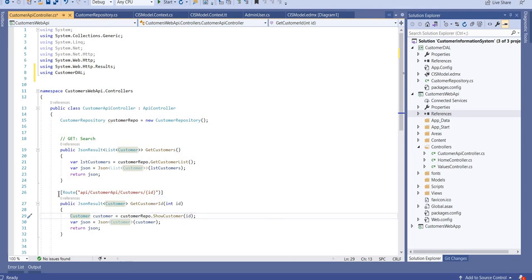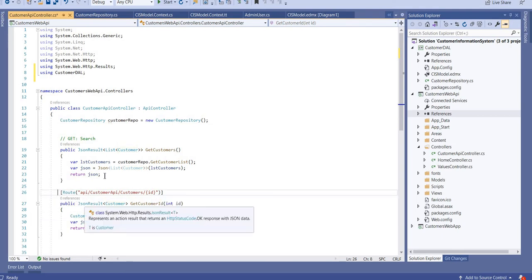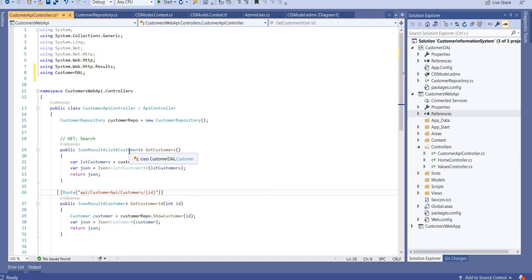Okay, so this is the route I have added. Web API works like that. Either you add the get, post, put HTTP verb as the method name, like I have added here Get, which means whenever I want to select something, it will go automatically into this method.